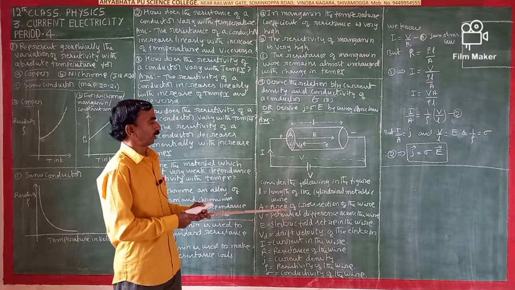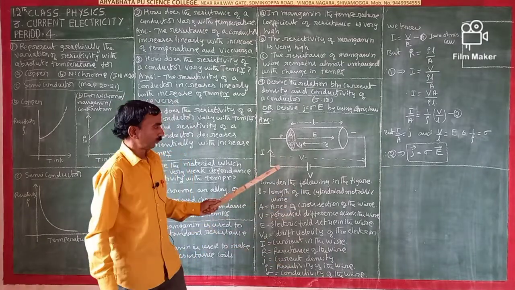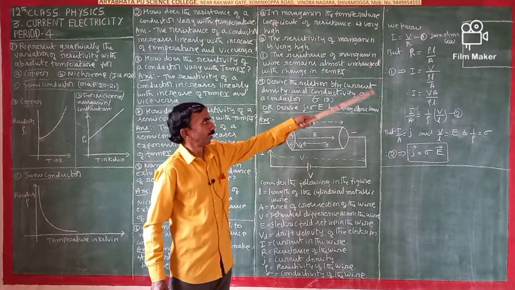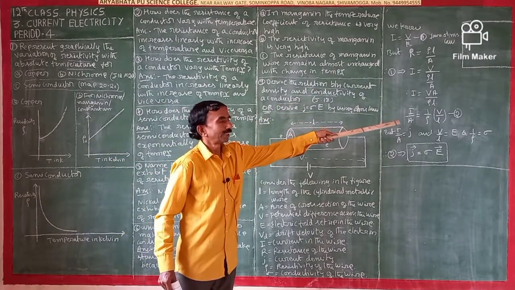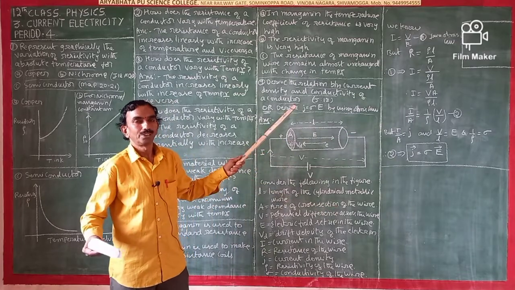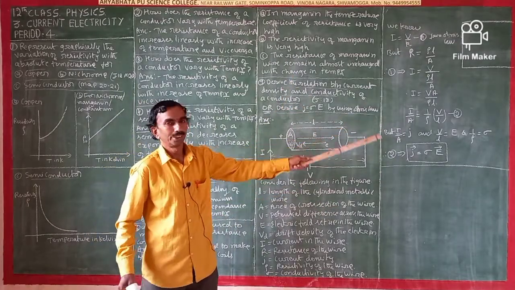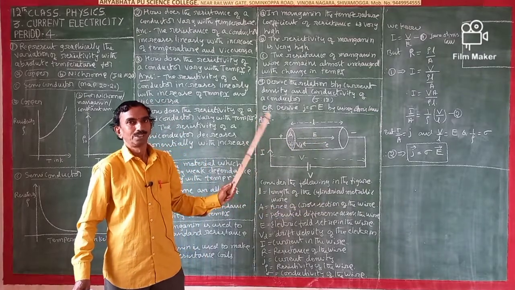These points you have to write down. Otherwise, if you write this, then only you can get the full marks. If you just derive this, and don't say what A, I and rho are, you get only half marks. If you write this diagram on this one, then you get full marks, 5 out of 5 marks.